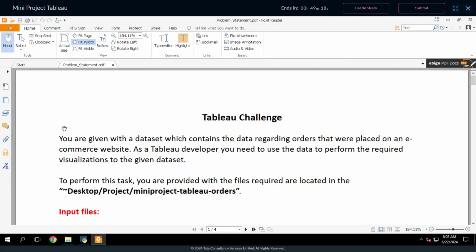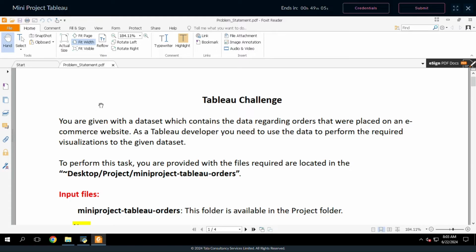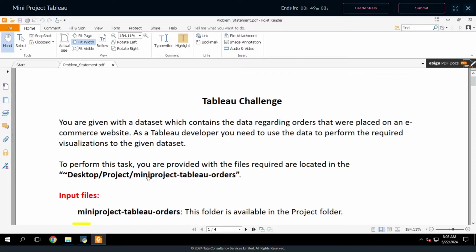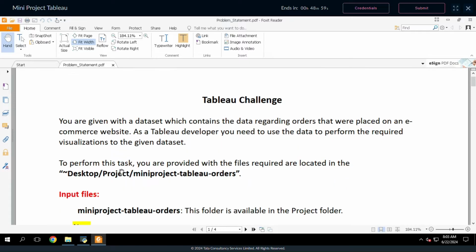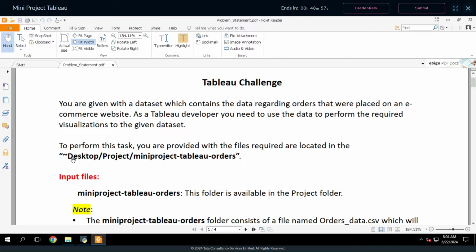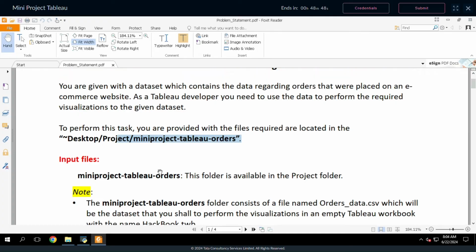Here we have given a data set which contains the data regarding the orders that we place on the e-commerce website, and as a Tableau developer we have to perform the required visualization on the given data set. So to perform this task, we provided the required files located in this particular folder. As you can see, on the board I'm not able to highlight this location. Yeah, so this particular location, which is mini project Tableau orders,